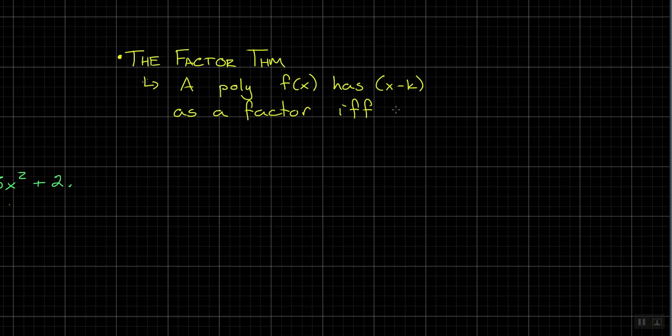I have tried to stress the heck out of this one over the last couple days, and we'll see how good of a job I've done. How do you know if a divisor is a factor of your dividend? So there is no remainder. I want you to change that language just a skosh. When you say there's no remainder, conceptually you got it, 100%. The remainder is 0. A polynomial f of x has x minus k as a factor if and only if,